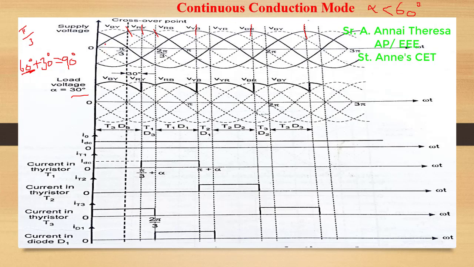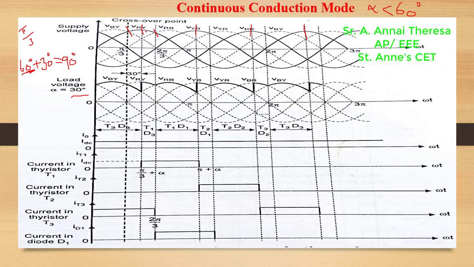In the half wave controlled rectifier, we considered phase voltages, and that's why we added 30 degrees. Here, if you take this wave, this is VRY, and we get the maximum voltage between these 2 angles, the minimum angle and the maximum angle. This angle is 60 degrees, so that's why we add 60 here for line voltages. So 60 plus 30 is 90 degrees, and we have to trigger the thyristor at 90 degrees.